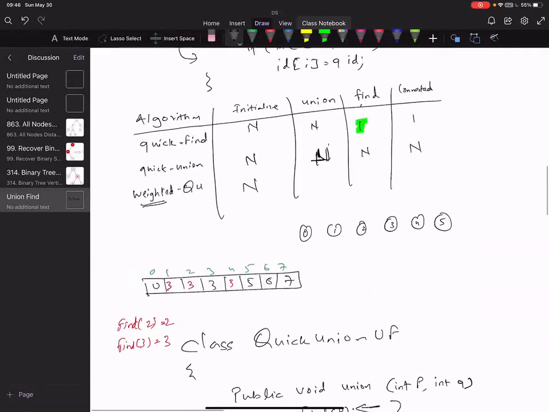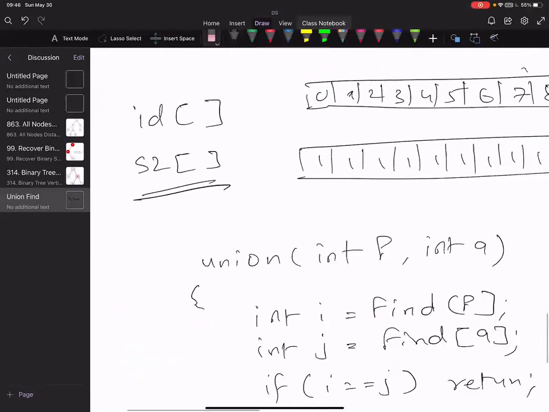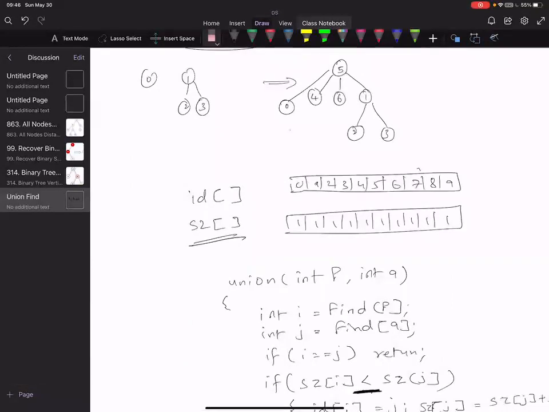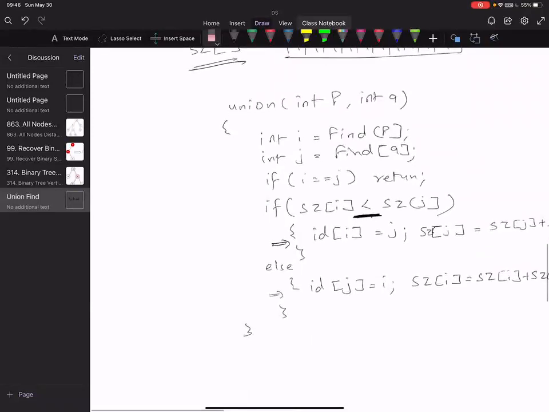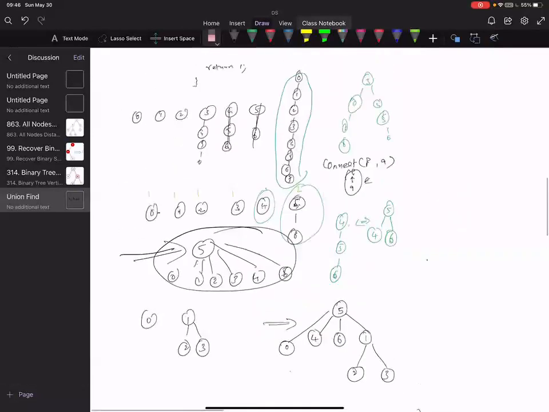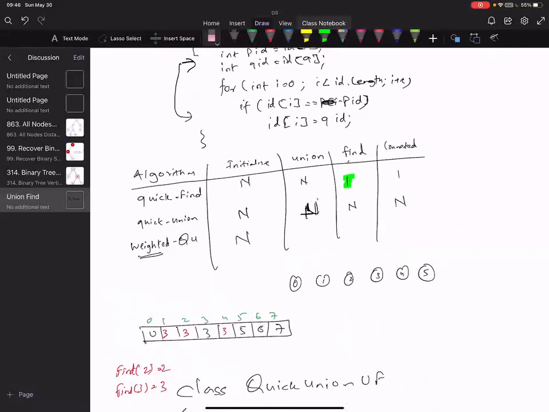I think it's still n, right? Yeah, you can keep it n, but it will never reach n. I think it is log n, based on what we discussed, the height of the tree, like the max of whatever any node has. Yeah, makes sense. So in worst case it will be log n, I believe. Otherwise it will be better than that, but in worst case it will be log n. So in that case all are log n, right? Is that correct? Good.